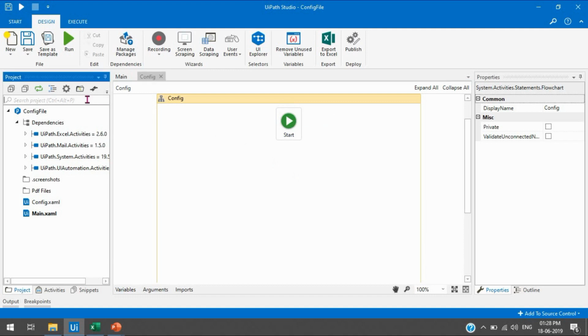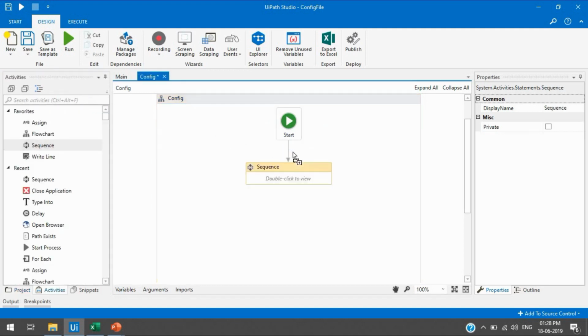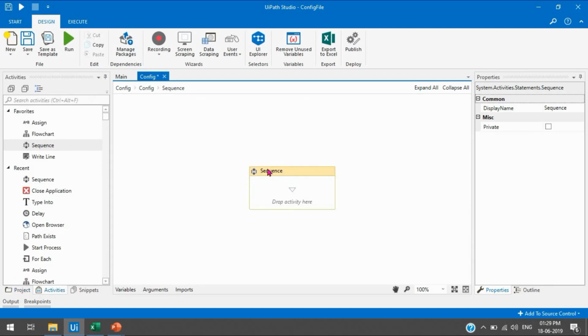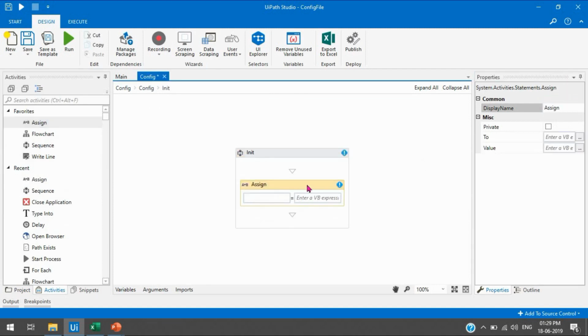For that we'll take one sequence, drag and drop it here, and change the name to init, or initialize the value, and here we are just going to assign the config file. So only the config file location needs to change. If the business is going to change the config location every time, then we'll have to open this project, go to the init and change the config location. But mostly it doesn't happen.